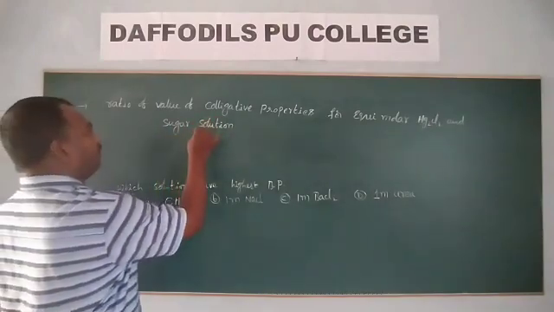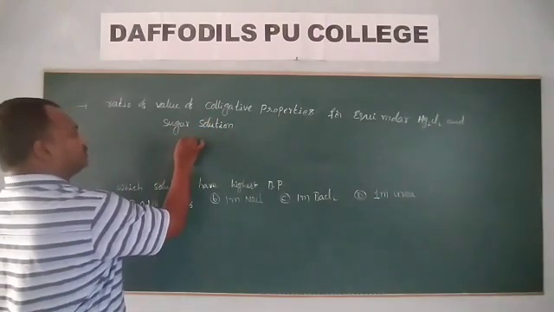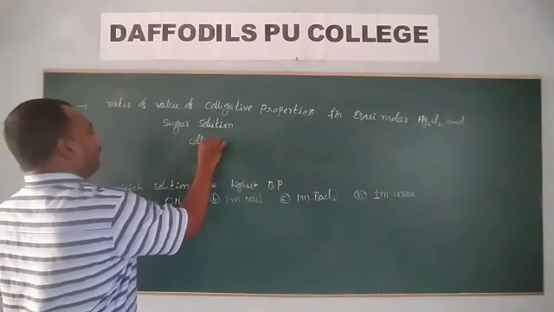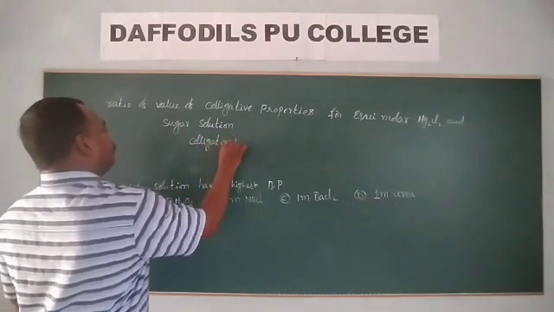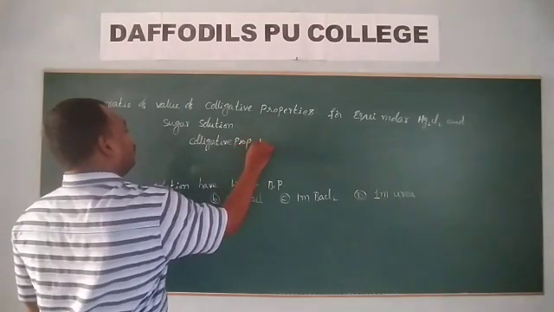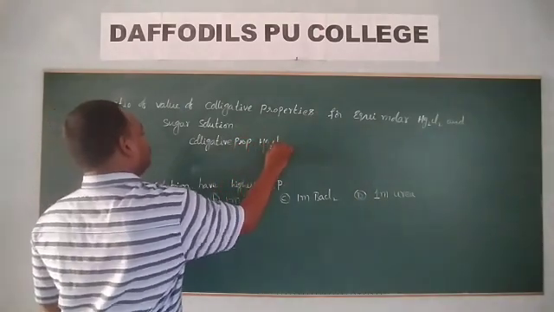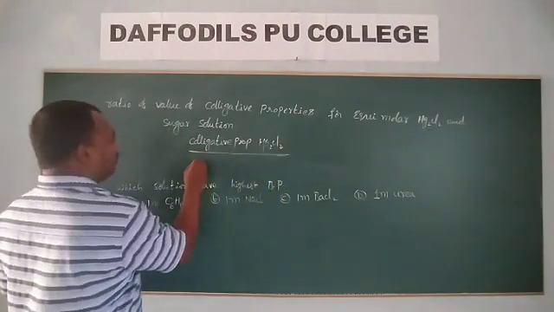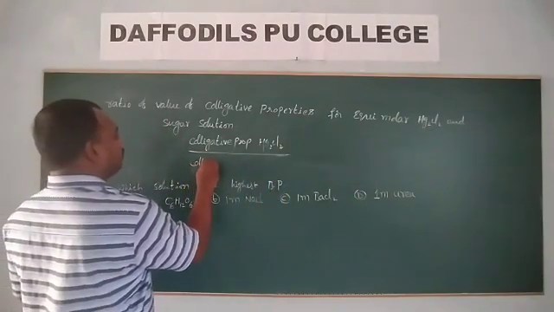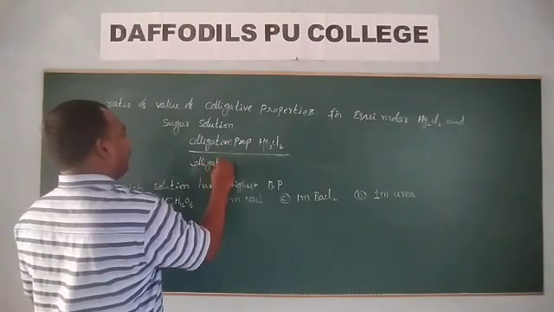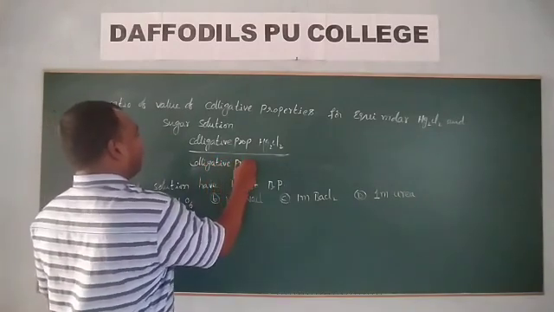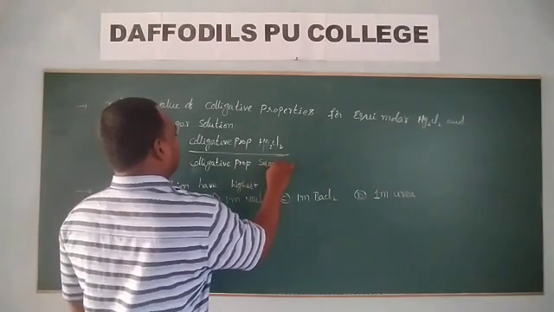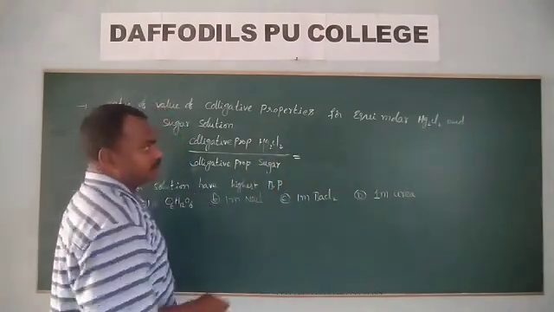So now you have to find the ratio of colligative properties: colligative property of Hg2Cl2 by colligative property of sugar equals